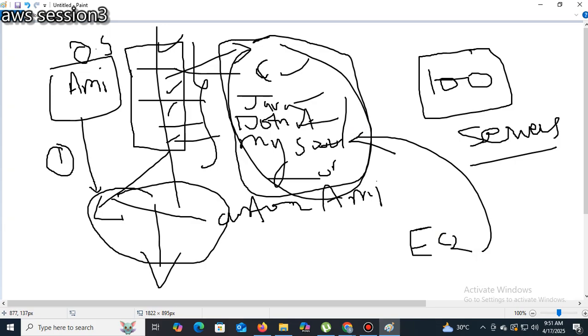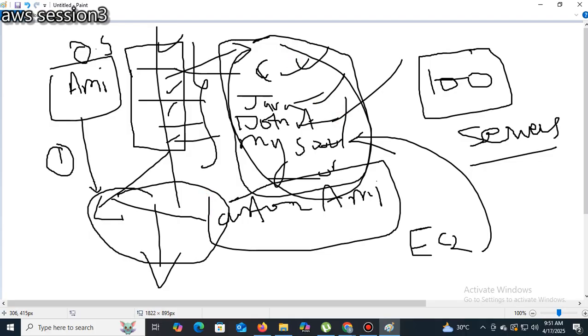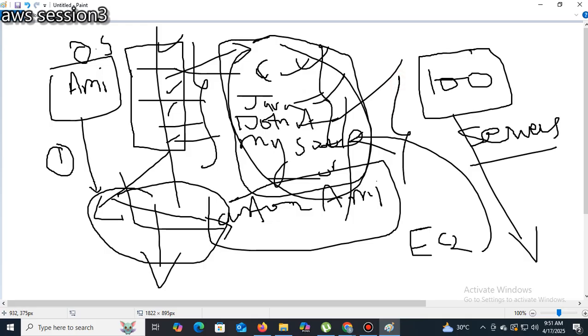Instead of that, I created a customized AMI. I already installed the software. Whenever you take the backup, it will create a customized AMI. All this is already installed. From the customized AMI, we can create an instance, and automatically all the software will be installed. No need to install separately.